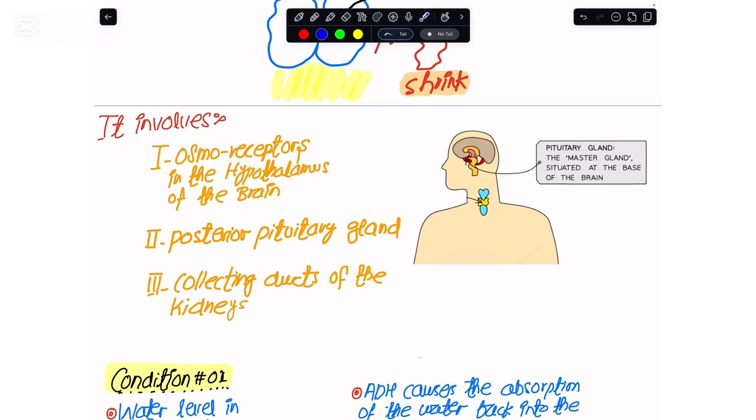Because you see, my body is on the verge of losing a lot of water in the urine, so we actually have to hit the nephrons of the kidneys, where I try to maintain or control how much water I need to keep within my blood plasma. So for now, here we have the hypothalamus having the osmoreceptors, and here we have another gland attached to it, the posterior pituitary gland.